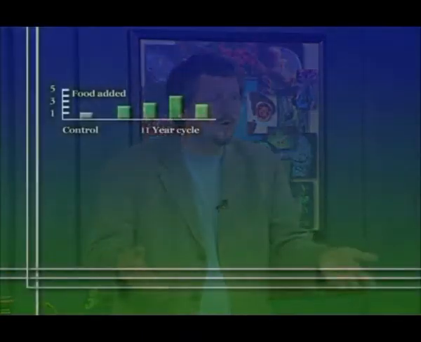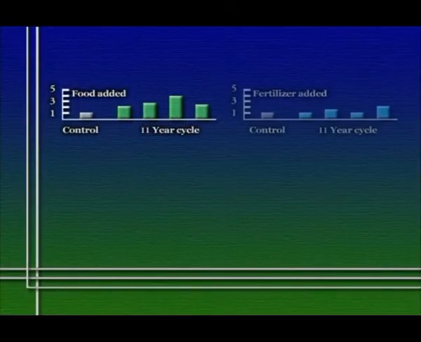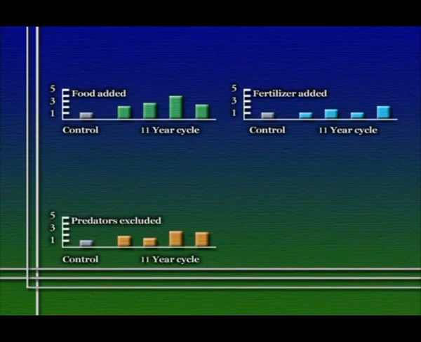You can test this idea experimentally, and let me quickly describe for you one way in which it's been tested. This was done by taking snowshoe hares and keeping them in enclosures, where you could manipulate various parameters, specifically the amount of food available, the quality of food available, and the presence or absence of predators. So in some enclosures, you might add more food. In other enclosures, you might add fertilizer to make the food that's in there higher quality. And in yet other enclosures, you might separate these enclosures off from the rest of the world with something like an electric fence so the predators simply can't get in.